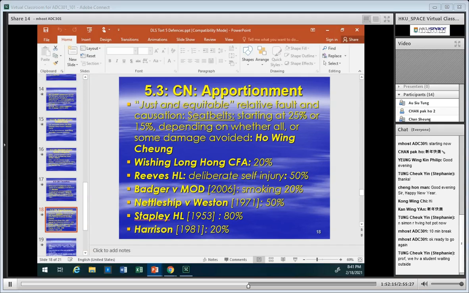A widow's claim for damages for her husband's death from lung cancer after he was exposed to asbestos was reduced by 20%. So that's quite a big reduction. Why? Because her husband had contributed to his own death by refusing to give up smoking, which had also caused the lung cancer that killed him. Okay,